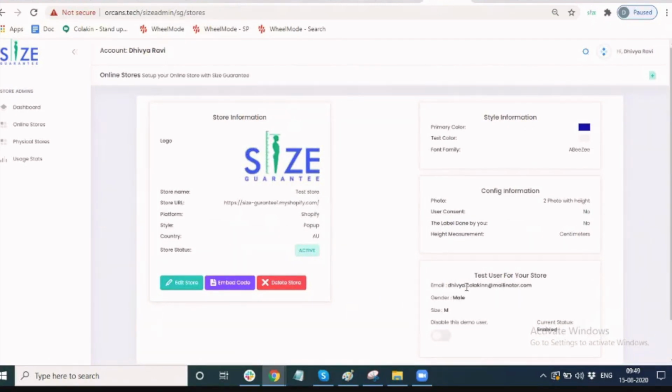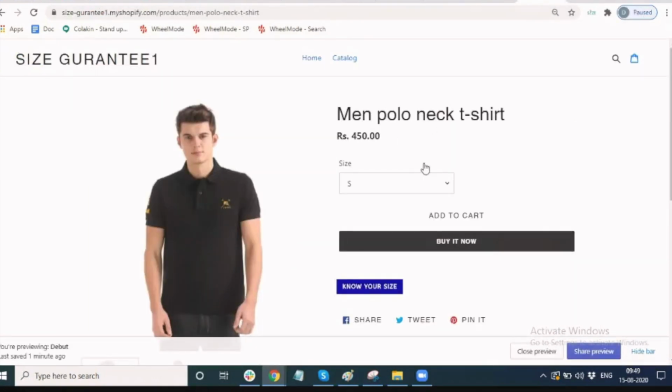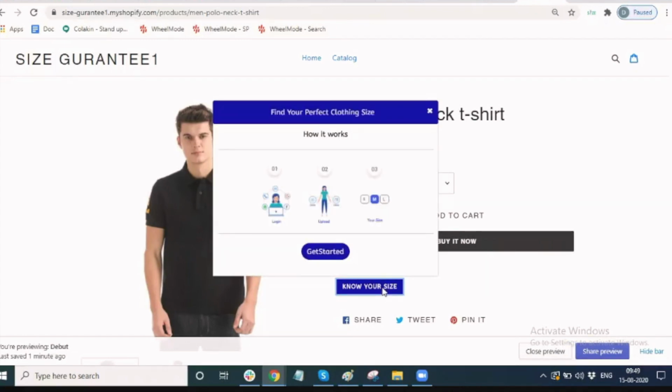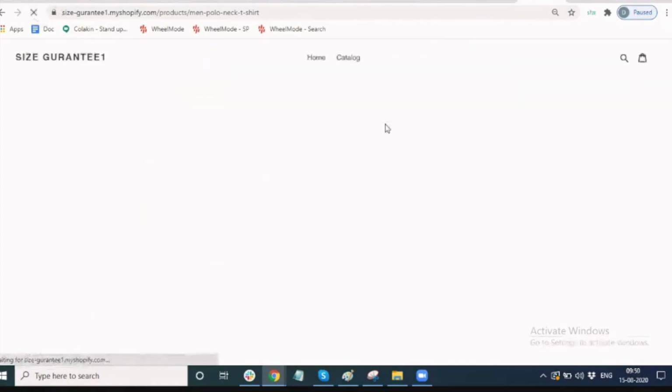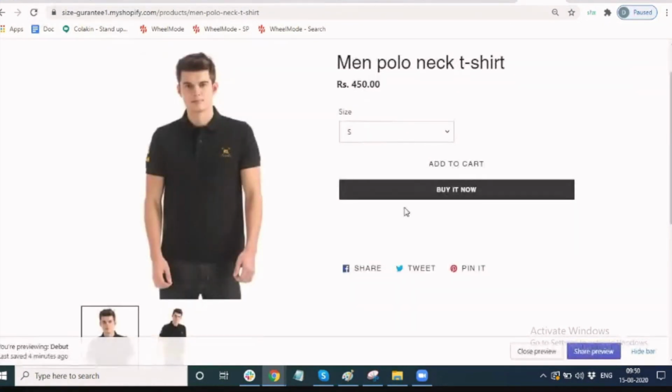Let us proceed to the store and use the size guarantee integration using this email ID. You can copy that. And now this is the test store that you've integrated. Can you refresh the page, Divya? Yeah.